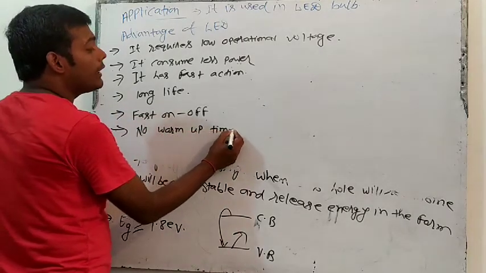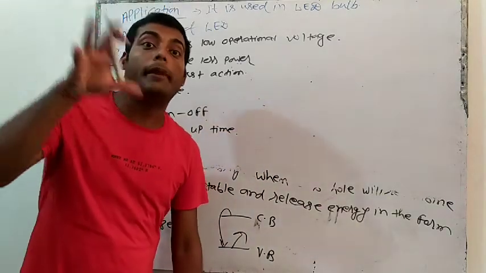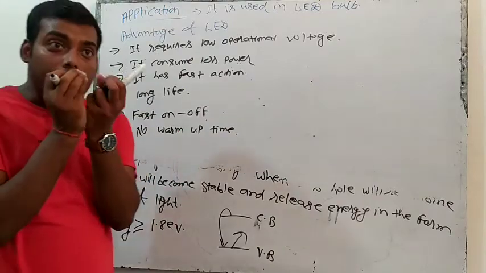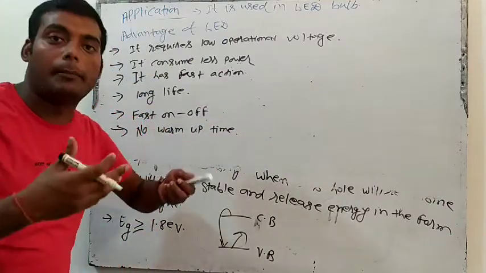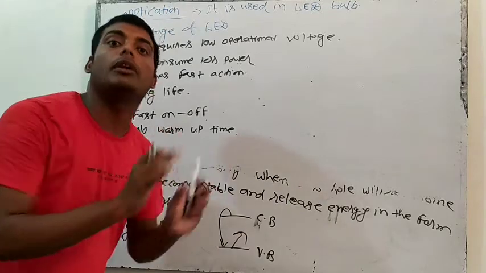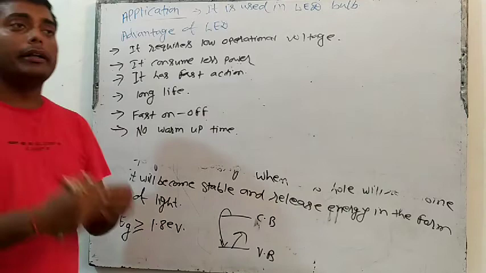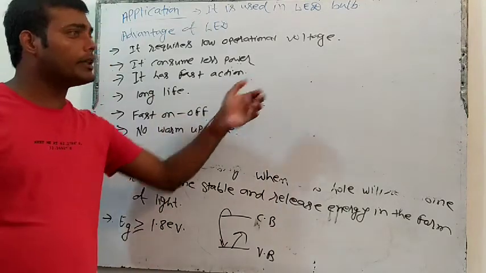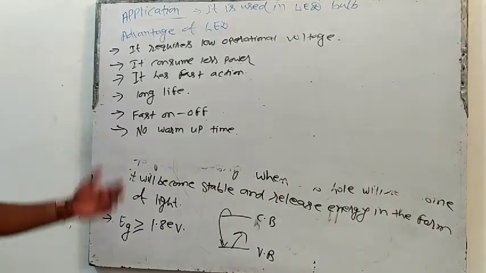You know, initially in the stadium, cricket stadium or football stadium, there used to be a vapor light. So in that, the filament was taking some time to warm up, and when the filament will warm up, then only it will give light. But in LED, there is no any requirement of warm up. Directly give the switch and the light will glow. Okay? I hope you have understand.